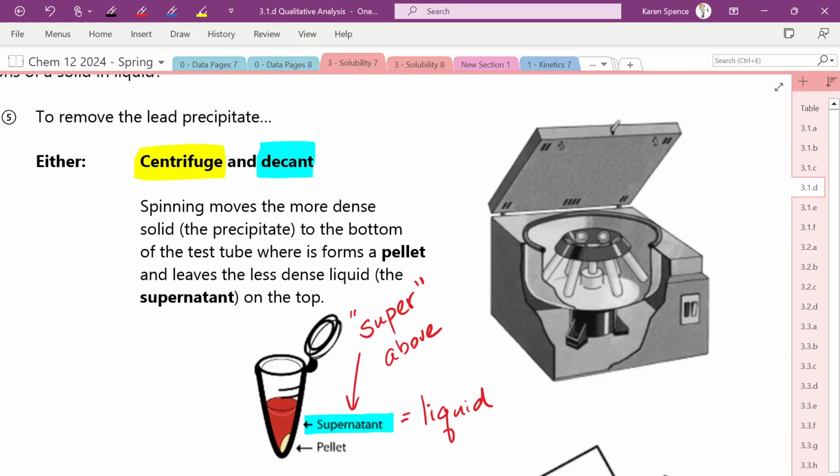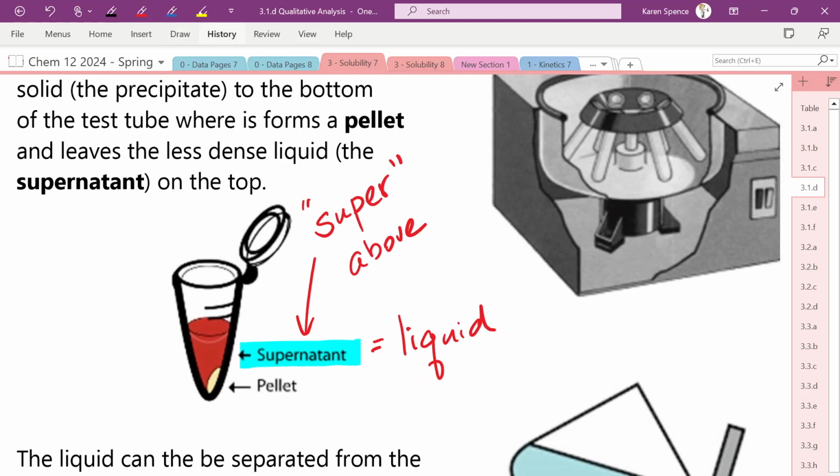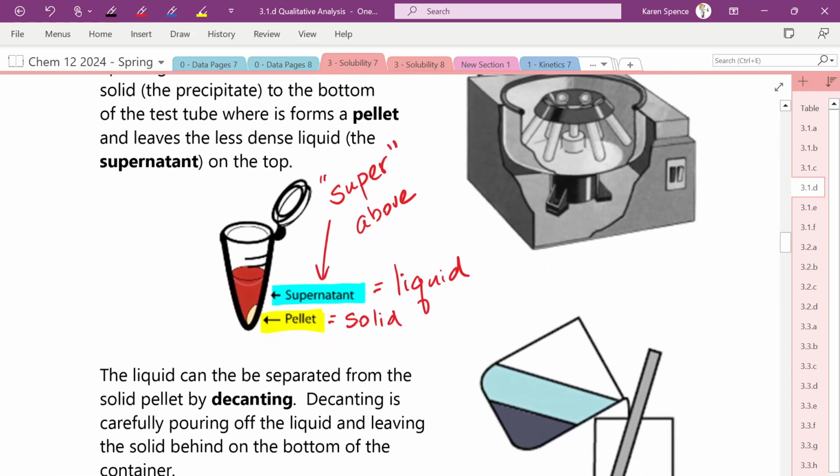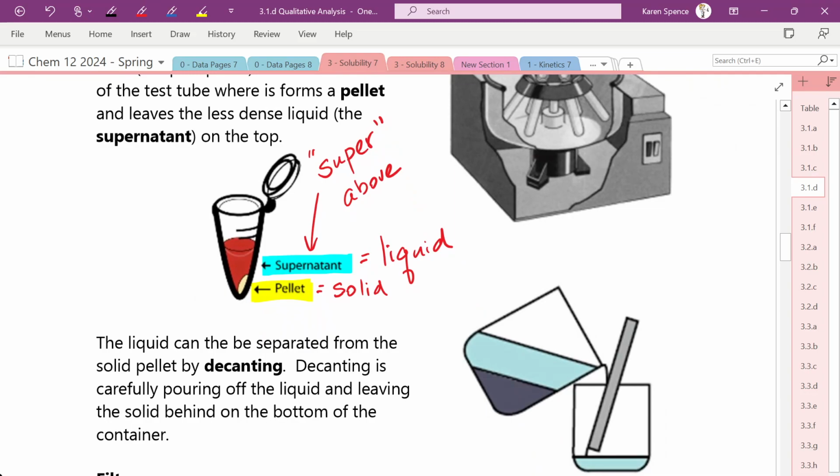So while we're doing that, our supernatant is the liquid, the pellet is the solid. And what we're showing in the next step is the solid down below, the liquid up above. And if we have a large container,